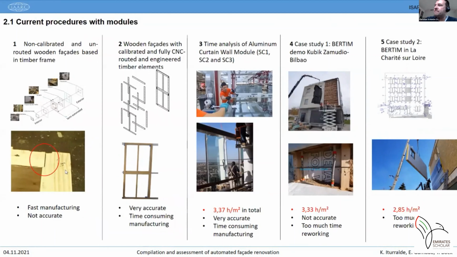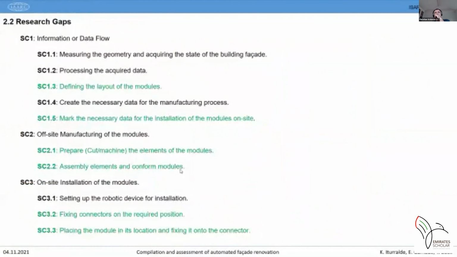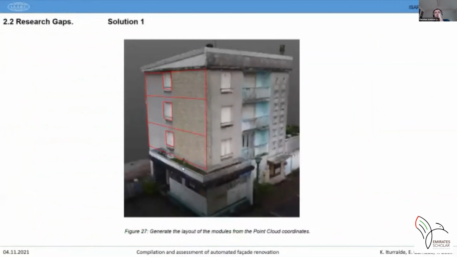The second parameter is manufacturing accuracy. So we can see that the higher the time needed for machining the elements and the precision of the elements, the higher accuracy we can gain, but as well the higher time is consumed for the manufacturing and for the installation of the whole module. So 4 different solutions were gathered to improve the time